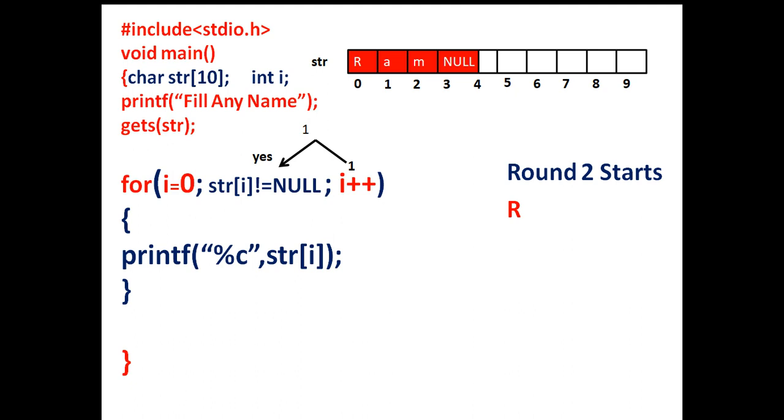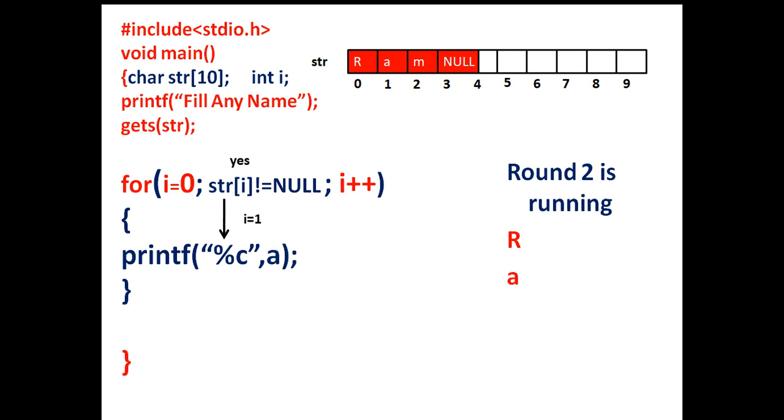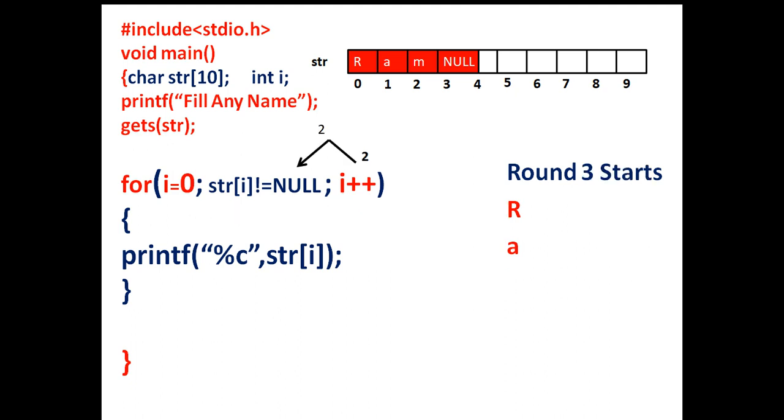Now the value of i is 1. The for loop will put the value of i, so str[1], str at the position of 1. The value is a, which is not equal to null, so the condition is again true. The loop will come into its body and it will print the data of the first location, which is a, and after printing a, it will increment the value of i. The loop will go to the second location, and again the loop will come to the condition.